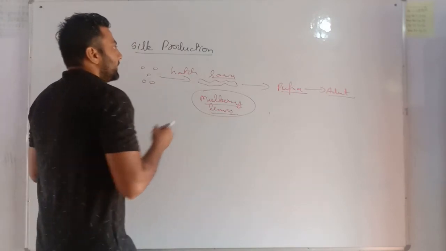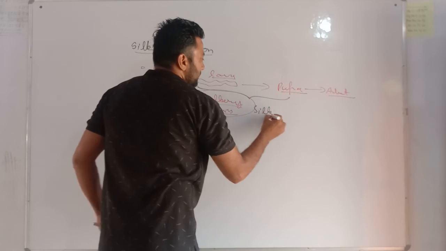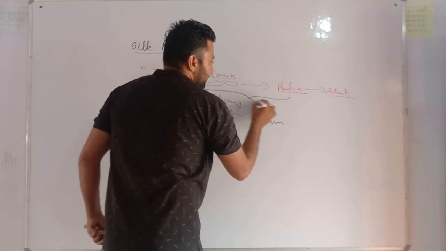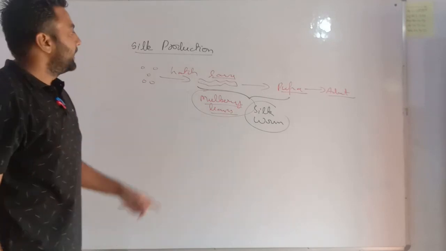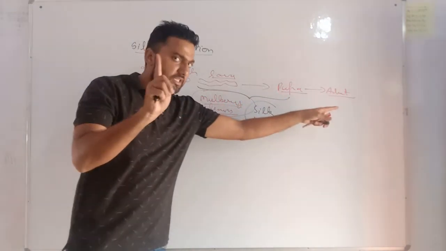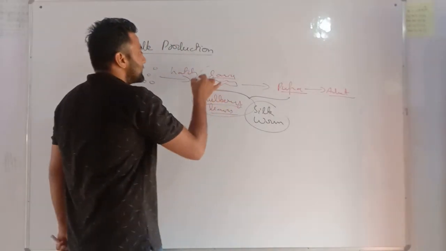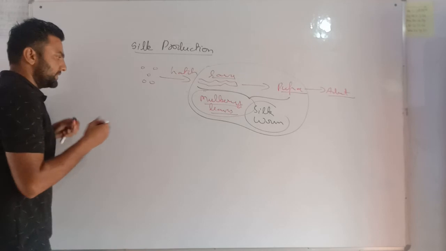Very important. Here it is known as silkworm. This is the stage where it is known as silkworm. Very important. Here it is egg, silkworm, adult silk moth, not silkworm, because I am getting silk at this stage. How? Very important. See,